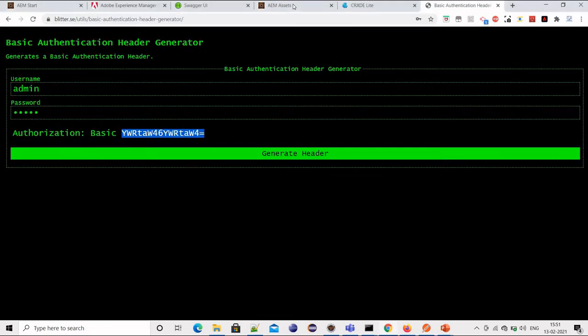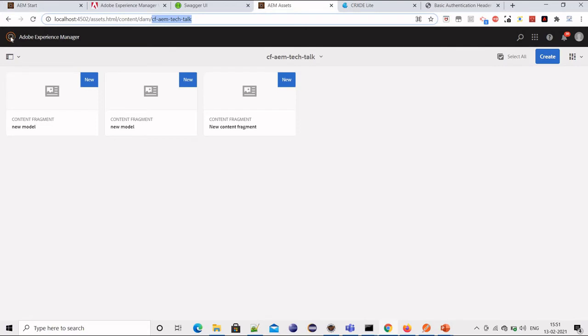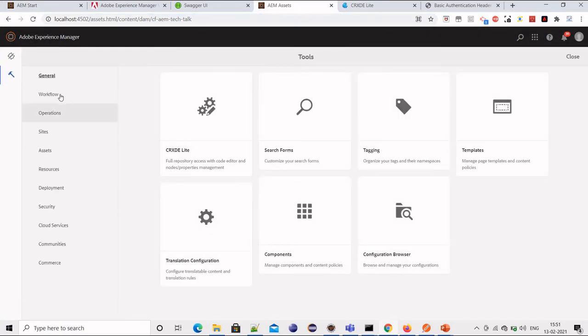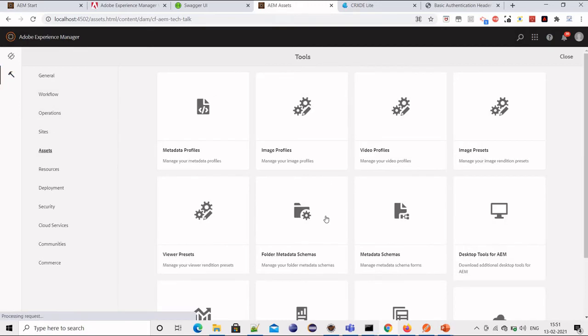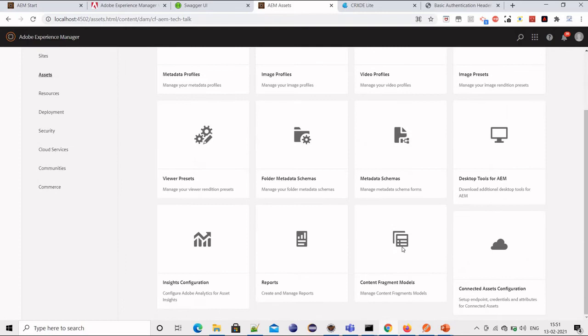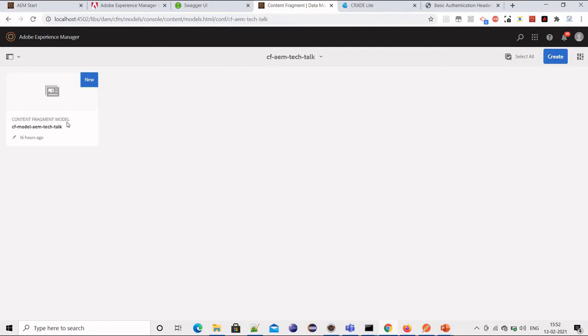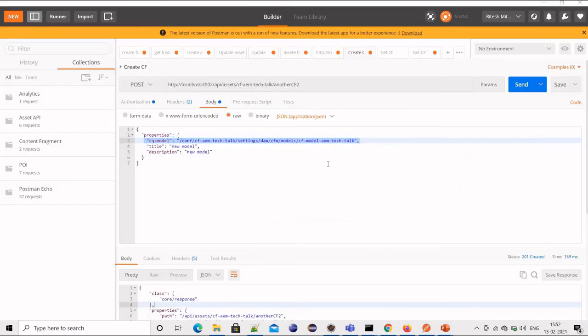So in my case, this is the model I have created, so I'm just passing that only.